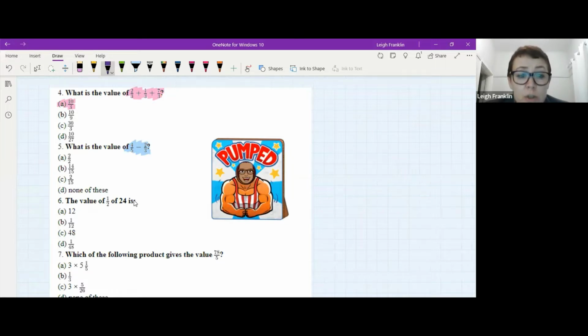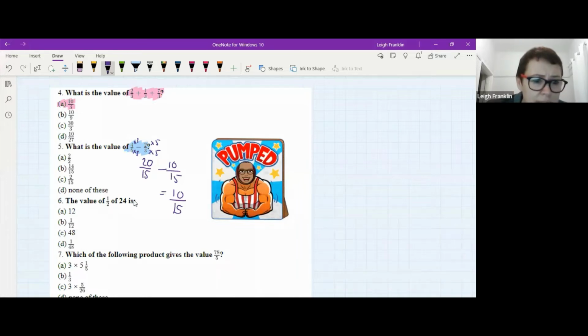So what you need to do here is you need to have a lowest common denominator. Your lowest common denominator is going to be 15. So you have to times that 5 by 3, which means you must times that 4 by 3. So that would give us 20/15. And similarly, we would have to times that by 5. So we must times that by 5, and that would give us 10. Okay, so that would leave us with